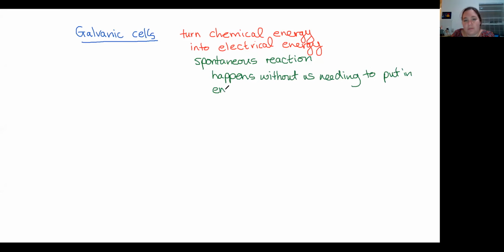So, well, extra energy. It's not technically without us putting in energy, it's without us putting in extra energy. So we don't need to heat it up and we don't need to do anything in addition. It happens automatically. All right, so that's just to give you an overview as to where we're coming from. But now, so that I don't lose you too much, I want to go back